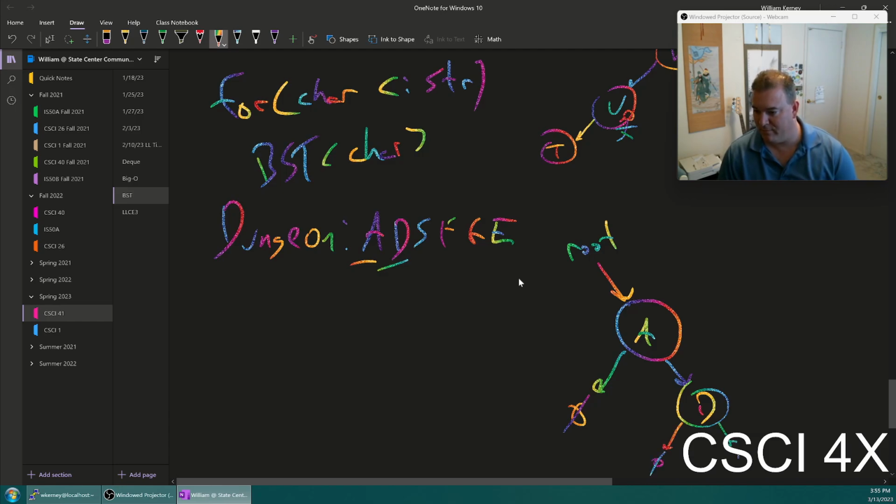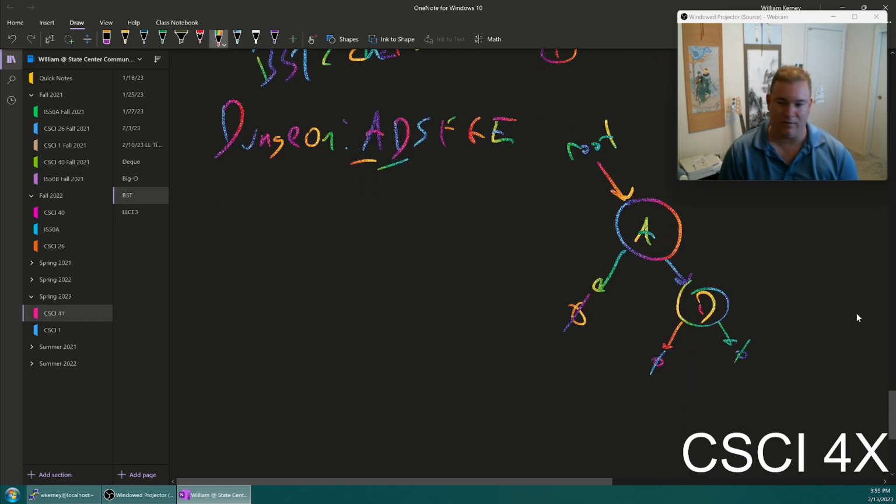Where does the S go? The S goes to the right of D. Good. Okay. Then where does the F go? Left? Of what? Left of the A, left of the D, left of the S? Left of S. Very good. So the F is going to go...